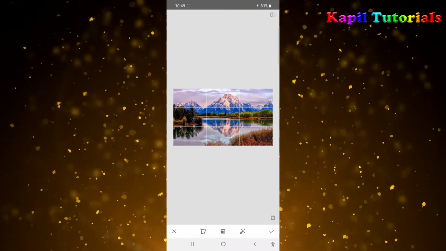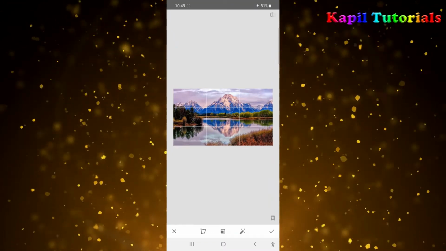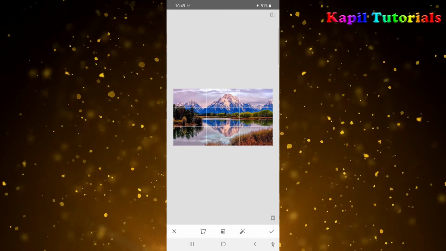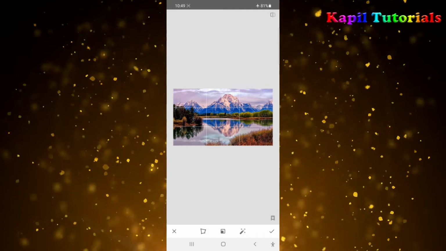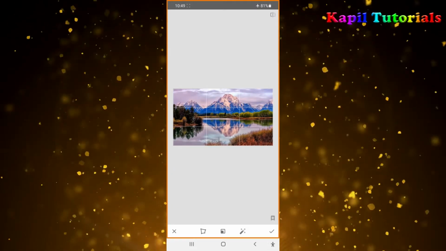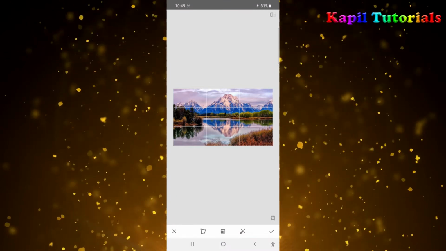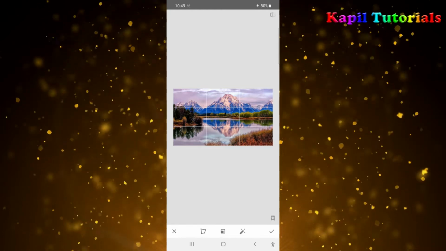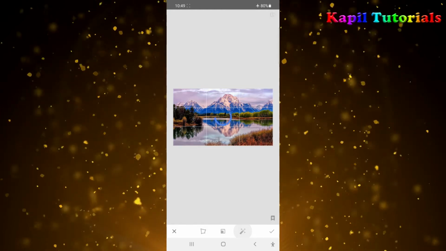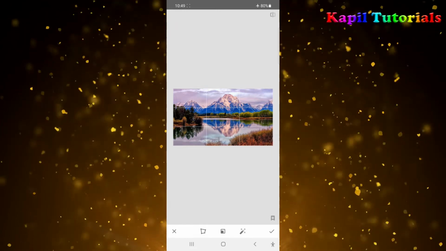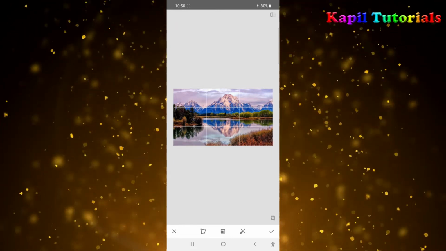So if automatically this option is there, sometimes it works. If you feel like the software should automatically scale the image, you can just click on this one. So I have clicked, and if there is any problem in the image, then Snapseed, if it feels, it will resample or rescale it. So I hope this is very much clear to you.